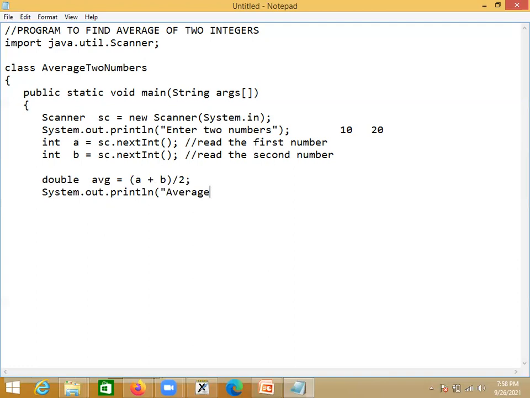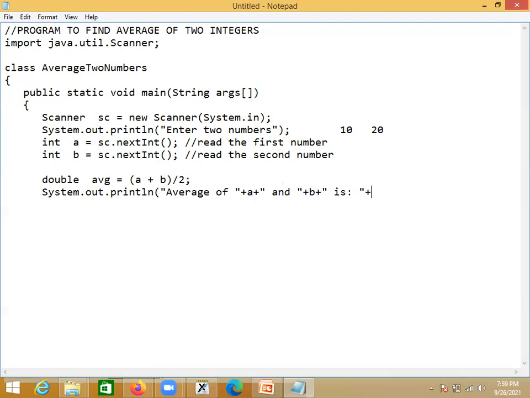If you want to print the two numbers also, then you can print the message like this: "average of" plus a, and plus b, and then "is". That is how you get the message "average of 10 and 20 is". Then you print the result.